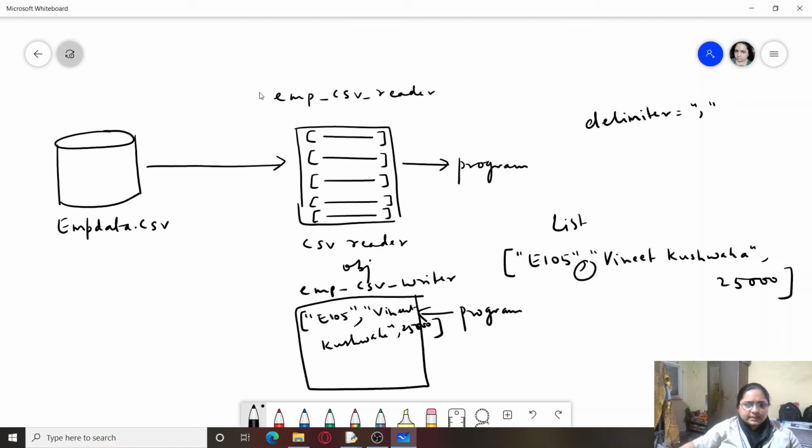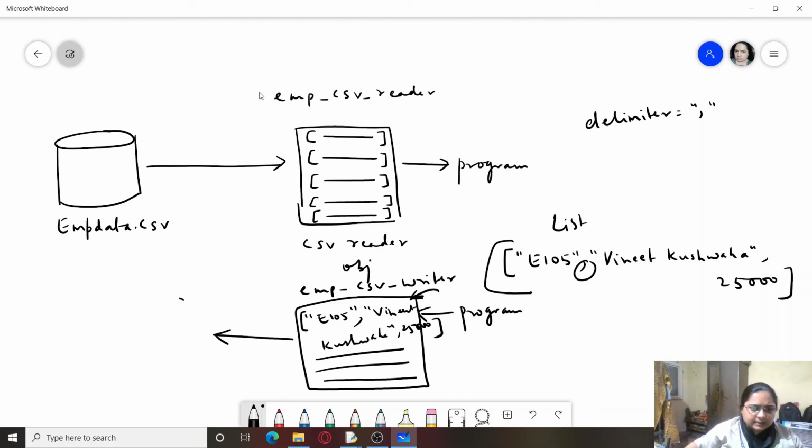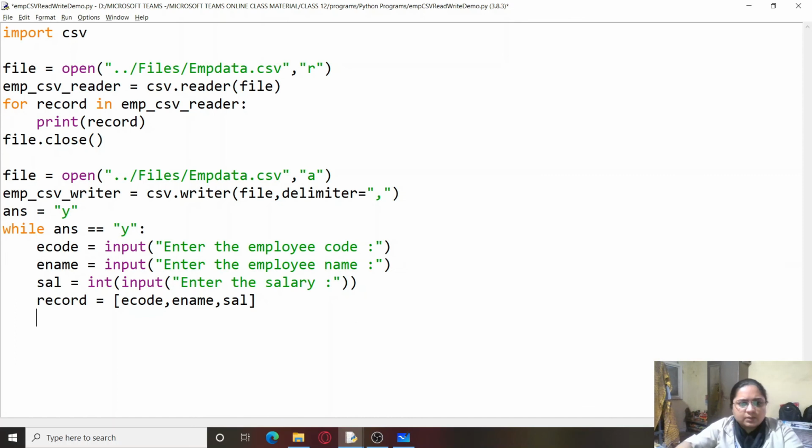So that is with the help of a write row function. So when we use the write row function, this one value is read from the user, then it is written into the CSV writer. So CSV writer will contain all the records which are being entered by the user, and at the end when you finally close the file, at that time all these records will be written to your disk file. So how we are going to do it?